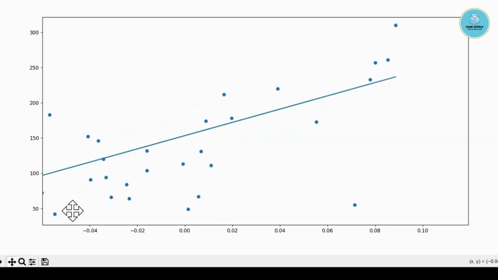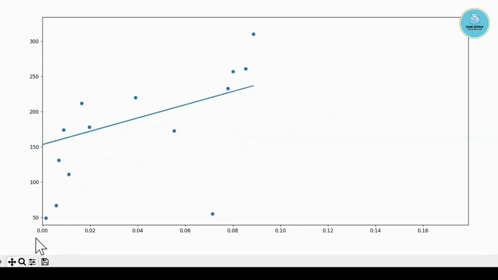Okay, I think it has gone a lot more far, and it's a bit shifted, but you can see wherever I'm taking my cursor, actually it's giving on the bottom right corner the xy values. So let's take it here.